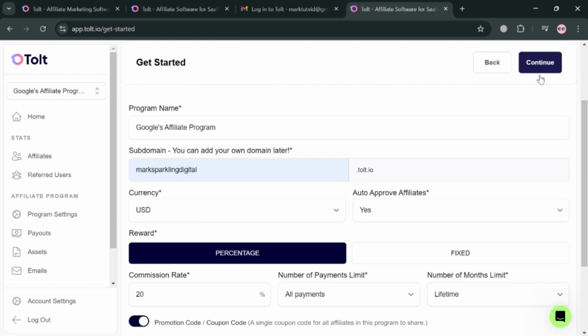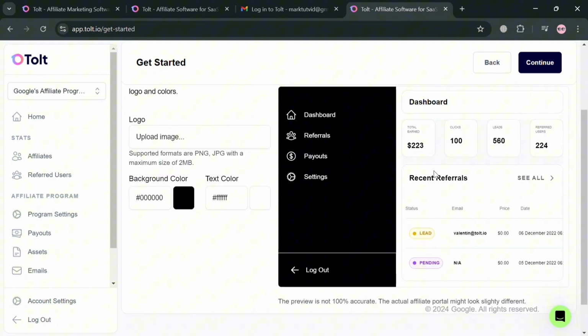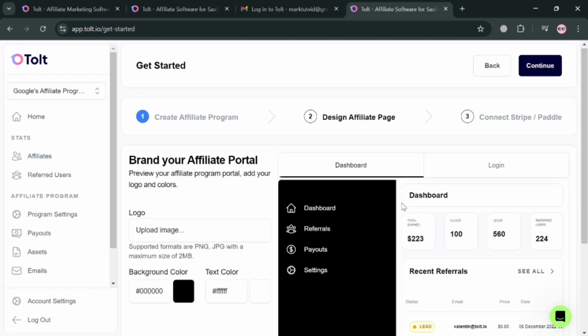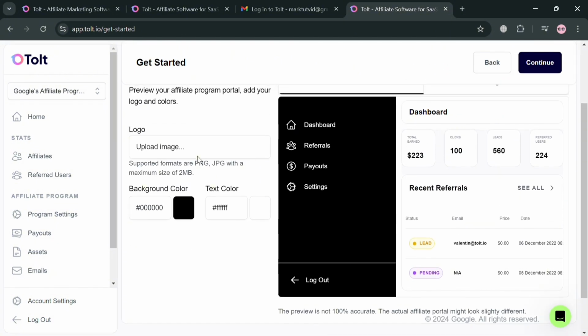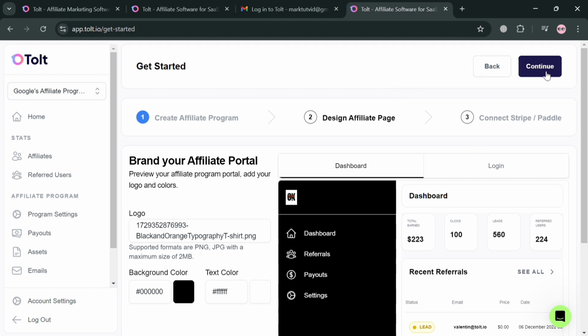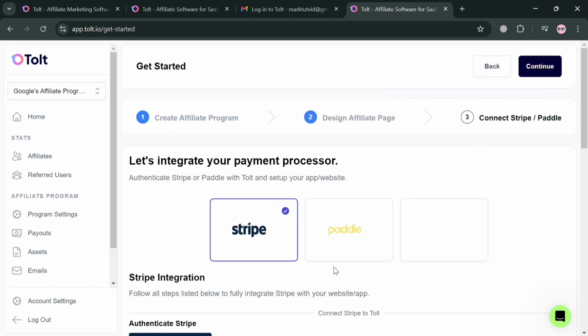But let's say you're not done filling out all of the required information in this section, just click the continue button on the top right corner to proceed to the design affiliate page section. From here, you can start designing your own affiliate page, starting from its dashboard section, referrals, payouts, settings, and many more, and even change the background color, text, and layout. You can simply change it on this page. As you can see, you can also upload your own logo if you want to. But if you are now done, just click the continue button on the top right corner to proceed